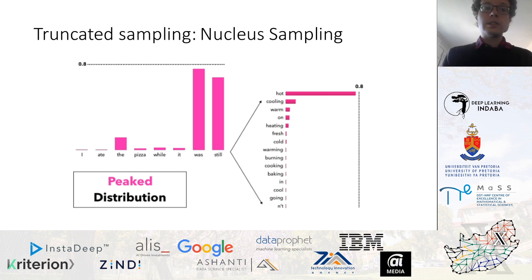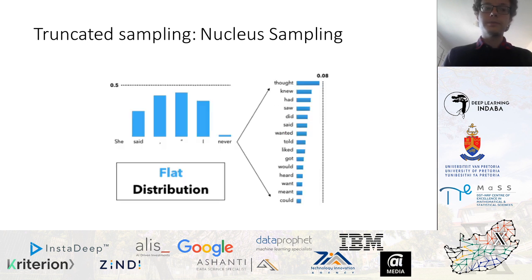The intuition behind nucleus sampling is that the number of plausible next words to generate varies widely depending on the context. For some contexts, there are only a few reasonable next words, and the probability distribution is very peaked. But in other contexts, there can be a large number of plausible next words, and the distribution is more flat. Methods such as top-k sampling are unable to capture this intuition, and sampling from a fixed-sized short list of words will never be able to include all the plausible words and exclude all the implausible ones.